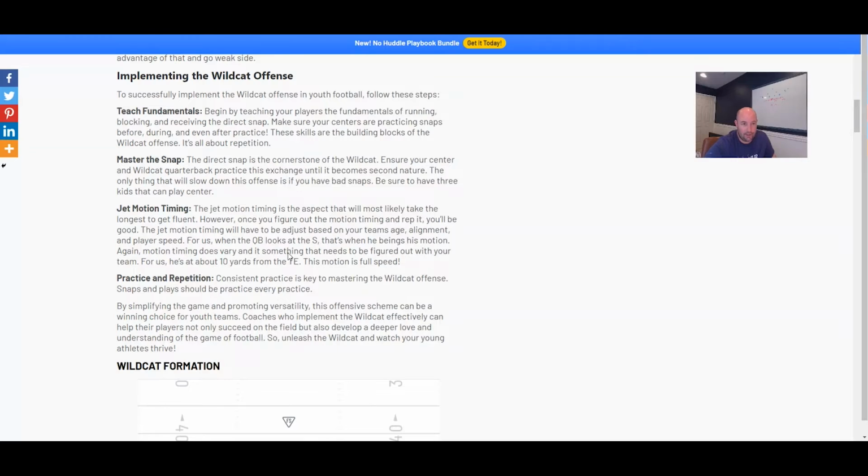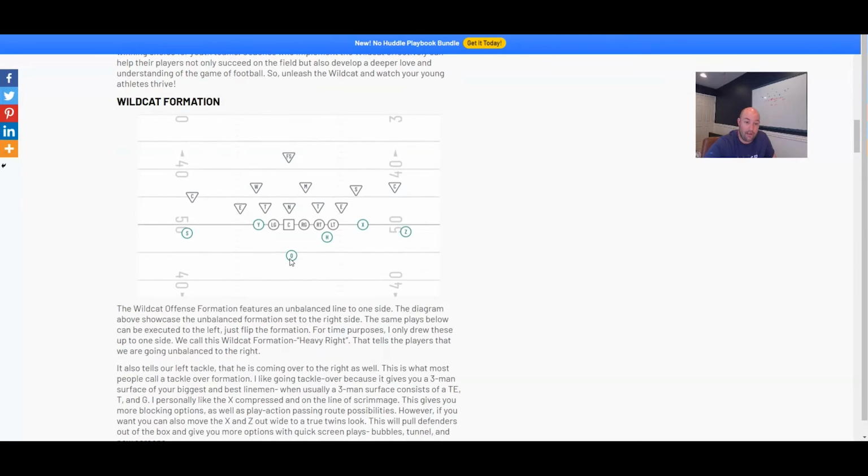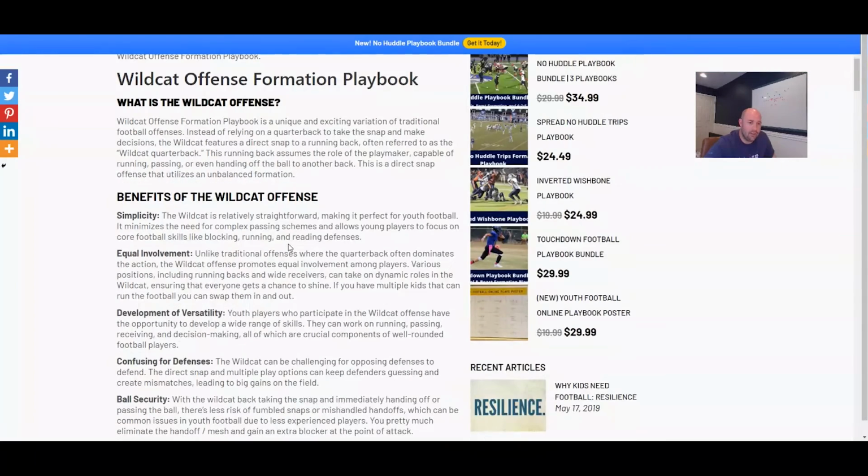All right, so basically it's just direct snap. If you got a mobile quarterback, great, because then the passing game is really enhanced. All right, but let's just start off with the benefits of it. Simplicity: a straightforward formation, making it perfect for youth football. Direct snap to one of your best players and let them work out in space and get numbers at the